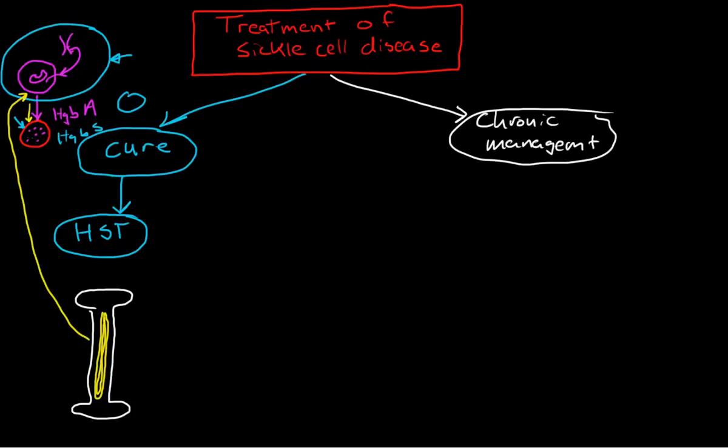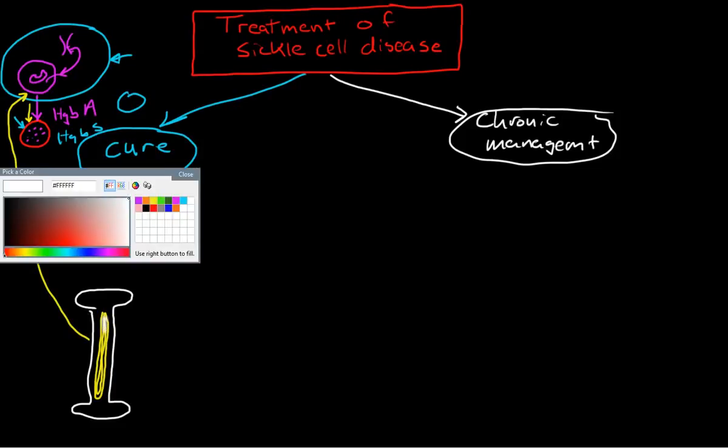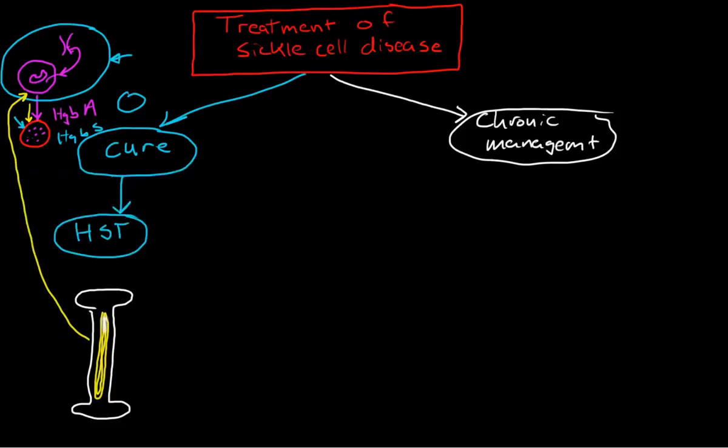So what happens in hematopoietic stem cell transplant is we give the patient a chemotherapy medication that ablates their marrow, and then